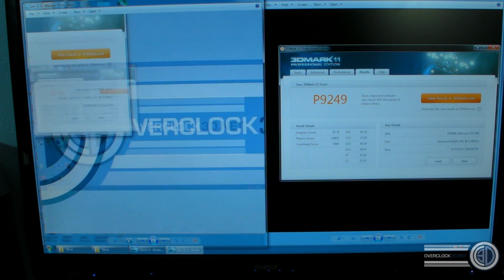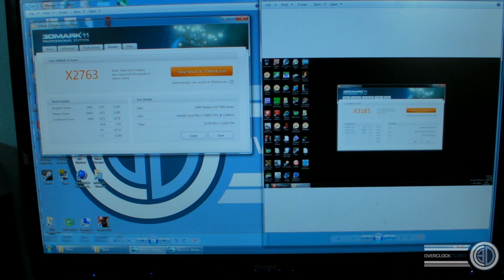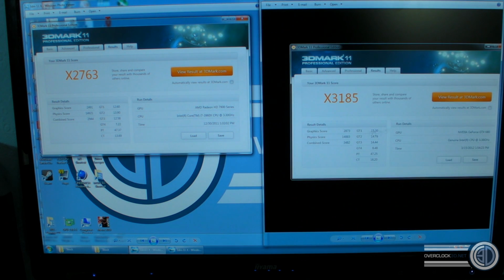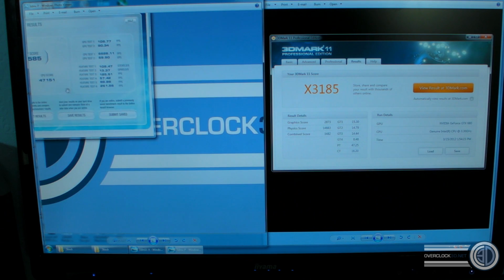And if we have a look at this one, this is the X score for 3D Mark 11 on both of these, and you can see that the score narrows down a little bit. There's about 400 points difference. We've got 2763 for the 7970 and then 3185 for the 680. Moving on quickly again,